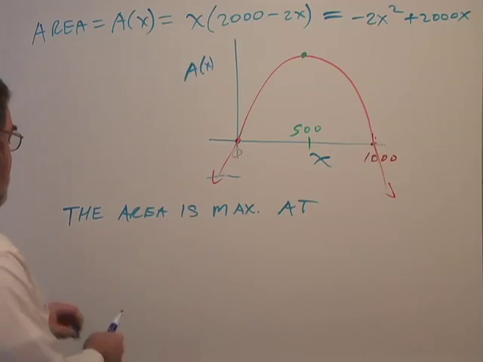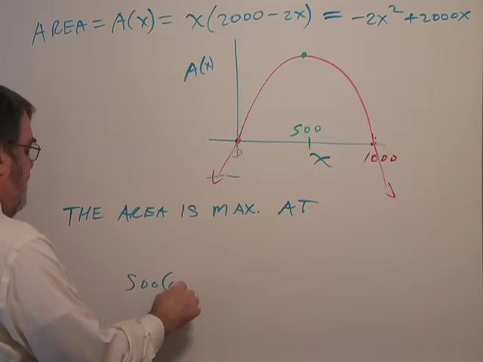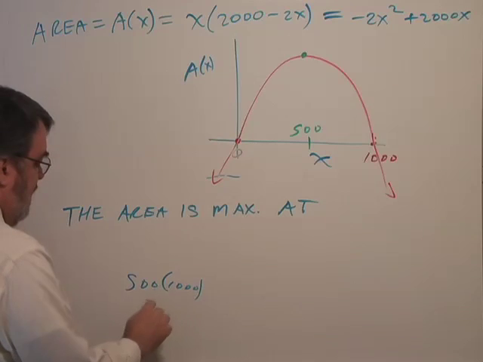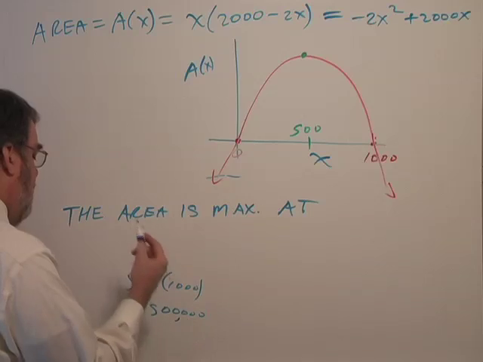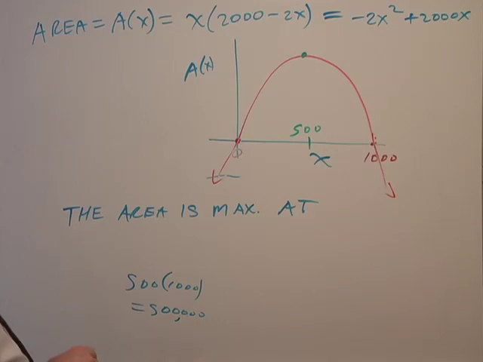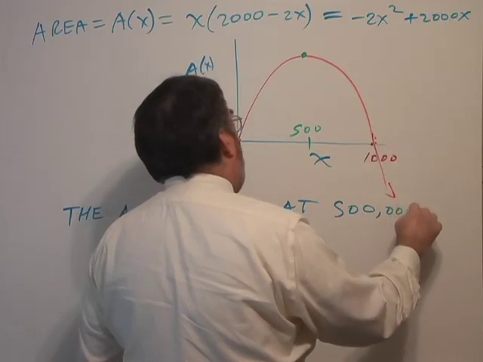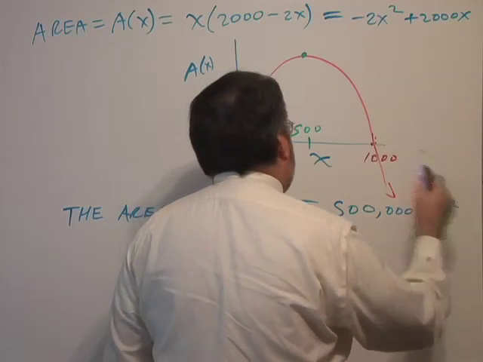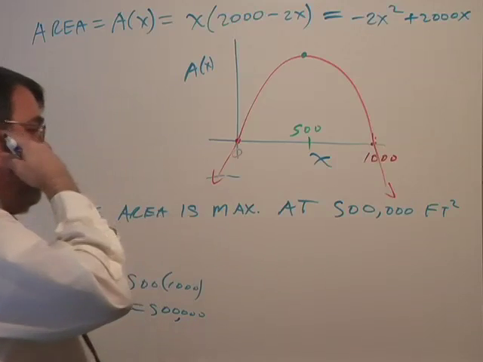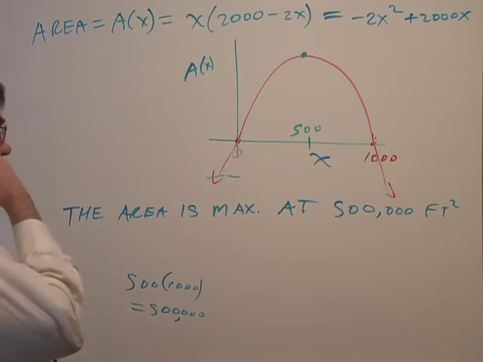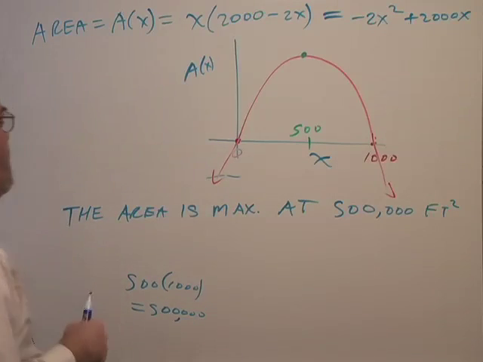So 500 times 1,000 would be 5 followed by 5 zeros. 500,000 square feet. Oh, that would be probably a good 12 acres maybe, give or take. Area is maximum at about 500,000 square feet